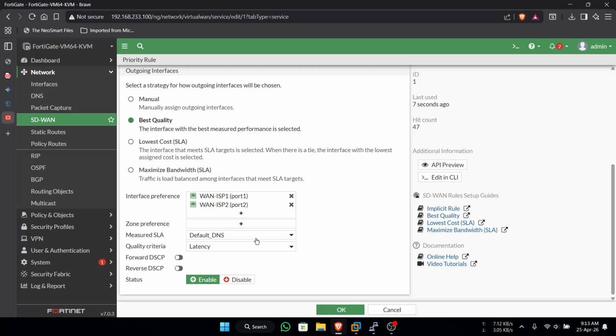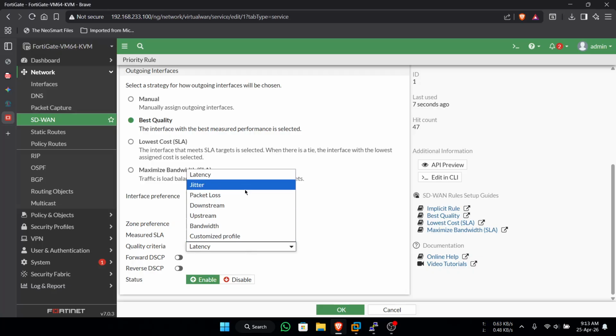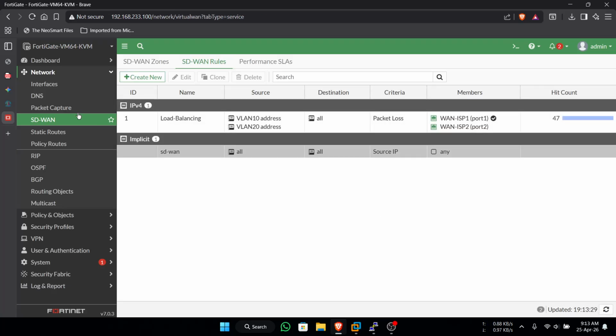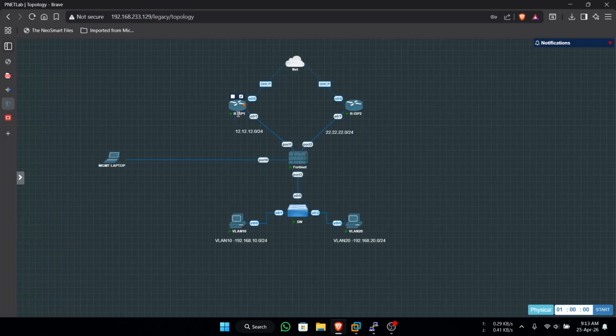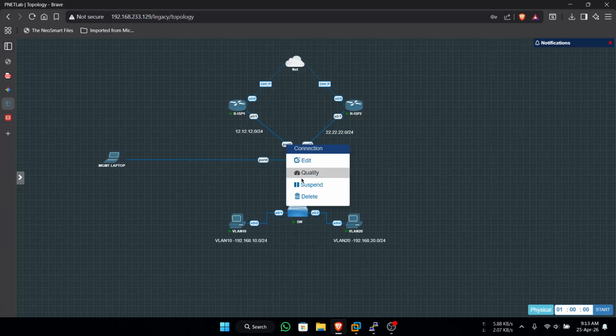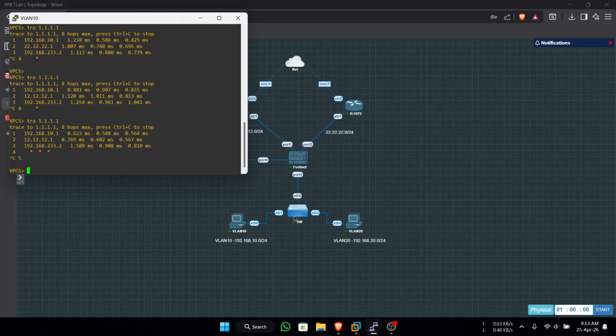So you can choose here quality criteria, and maybe packet loss, jitter, and for testing I will use packet loss. Okay, and here I will suspend, and then resume again and try to ping here.